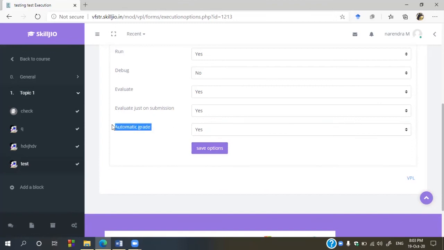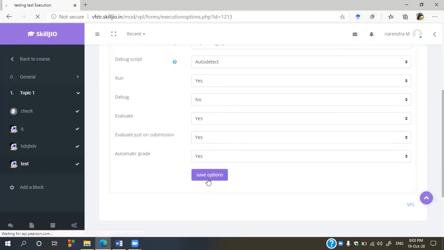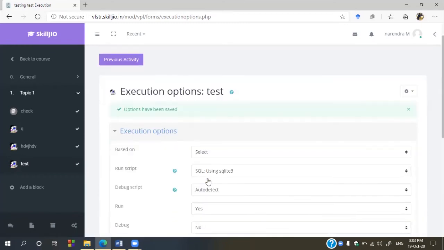If you enable this option, you need not grade by yourself manually. This VPL activity will take care of automatic grading. Save the settings. This is the third step.